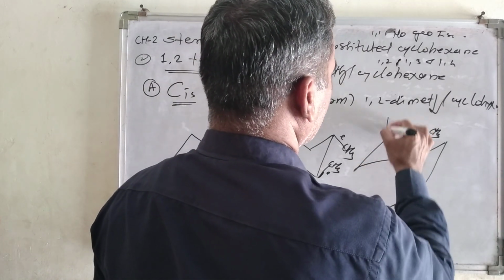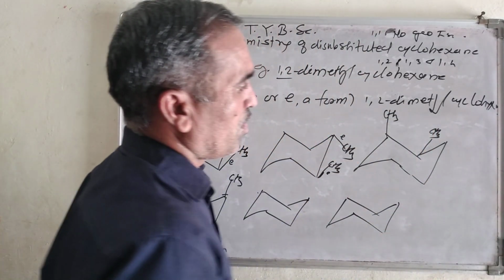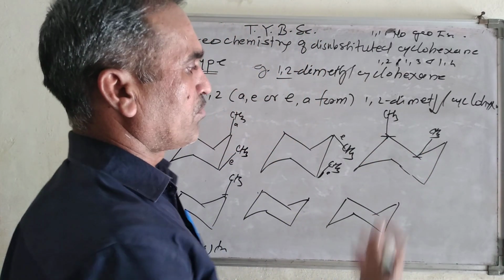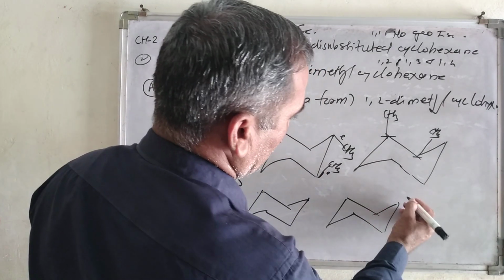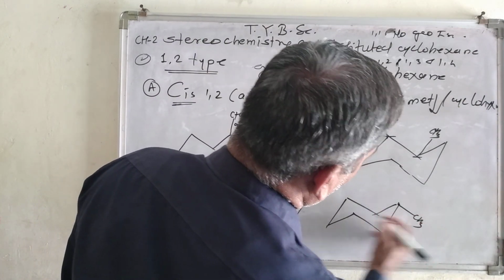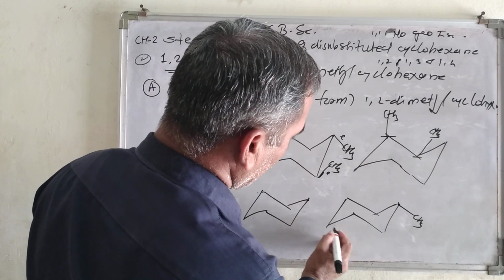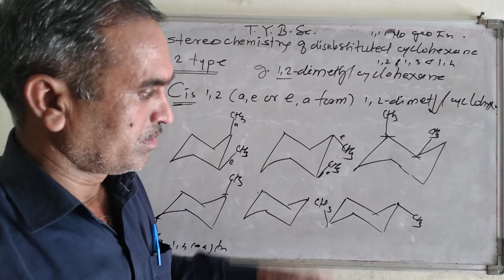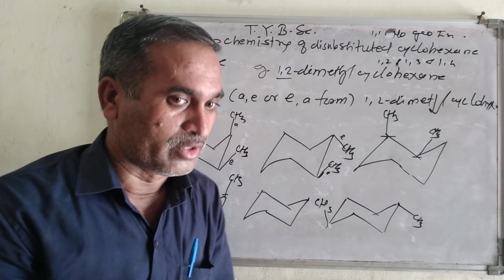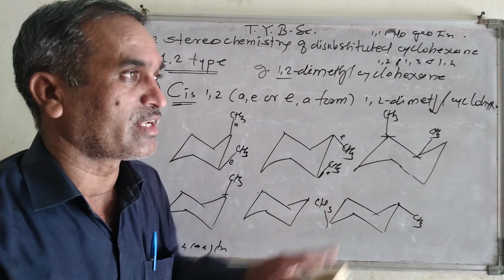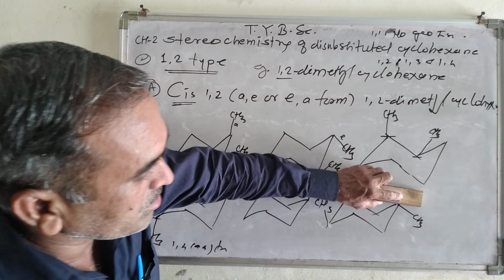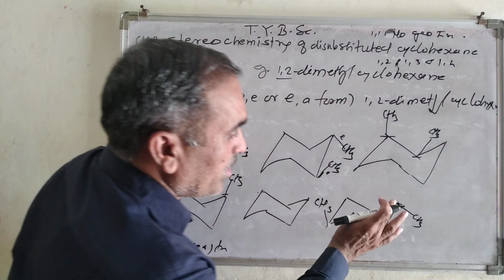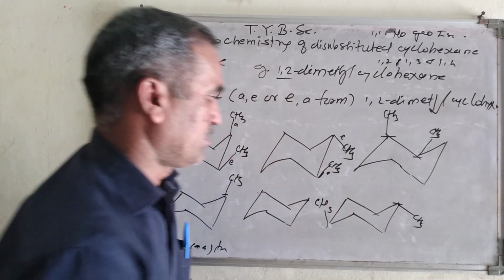I am putting here. What is this form? This is an AE form again. This is above the plane, this is also above the plane, therefore it is a cis. Now suppose I am putting one methyl group here and another methyl group here, 1,4 type, right? So just tell me whether it is a cis or trans. You can clearly now tell me it is a trans, because this methyl group is below the plane, this methyl group is above the plane, this is the EE form, and that is a trans isomer.